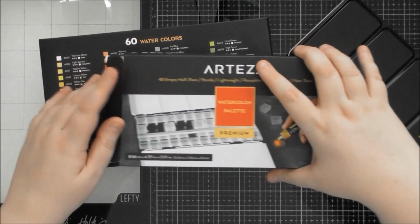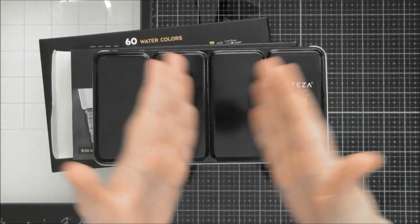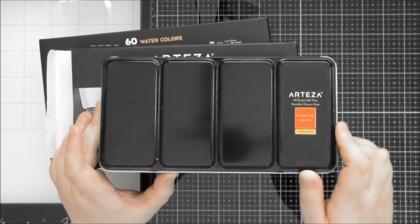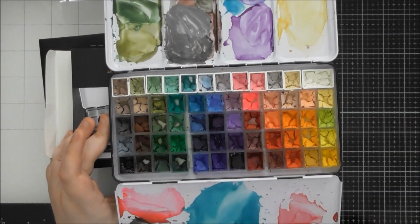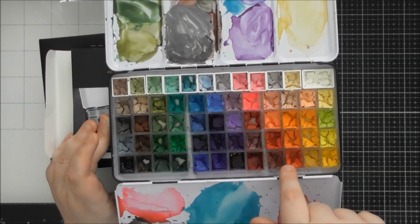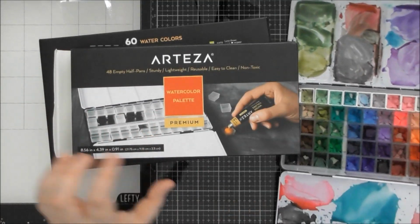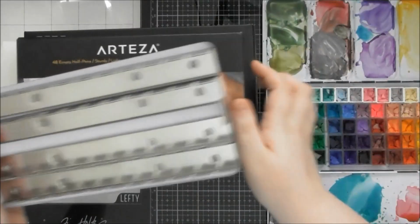But anyway, so the empty half pan box, it comes like this, and I think this looks identical to their actual half pan set as well, but it's obviously just empty with all the half pans in there. But you might notice when I open it, it's very messy, I haven't cleaned it, but you might notice that it looks a little bit different, because these pans are all white, because they weren't the clear ones that came with the set, but they're also not laid out in the traditional way, like this in 4 different rows,